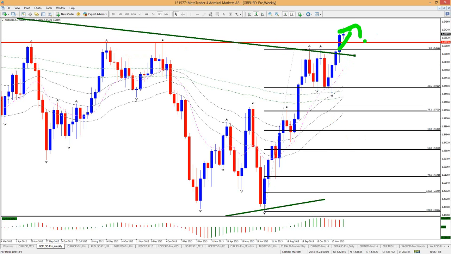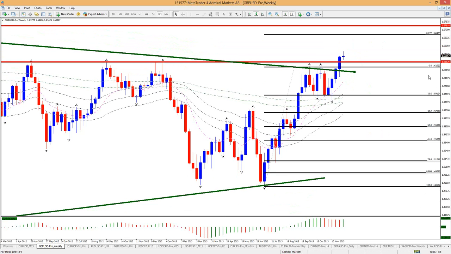In any case, we see that the 23.6% retracement has been hit. What is the target? The minus 272. Where is the minus 272? At 166.43. So there could be some space still to continue for the pound. Now we've broken the level, this trend line. We never got a retrace. So a move back to the broken trend line and bounce up to minus 272 wouldn't be strange.